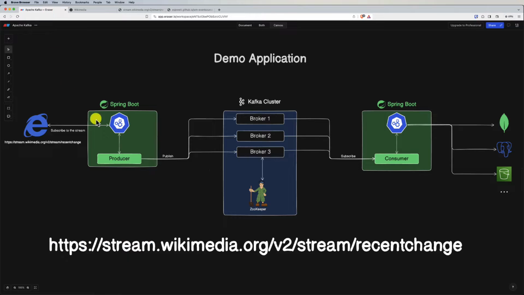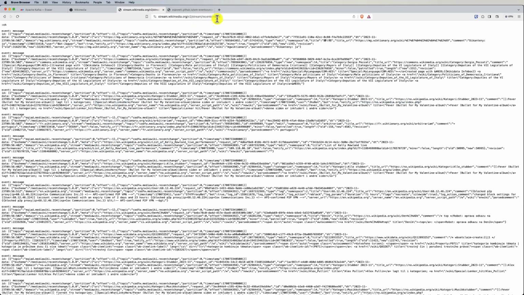And this stream Wikimedia is a stream that represents all the changes that are made by the community on the Wikimedia projects. All right. And in order to see that, so here we have this link. I will paste it in here. And now I will just refresh the page. So you see here, so if I scroll down, it's a stream of data. So every time I scroll, I will see data.